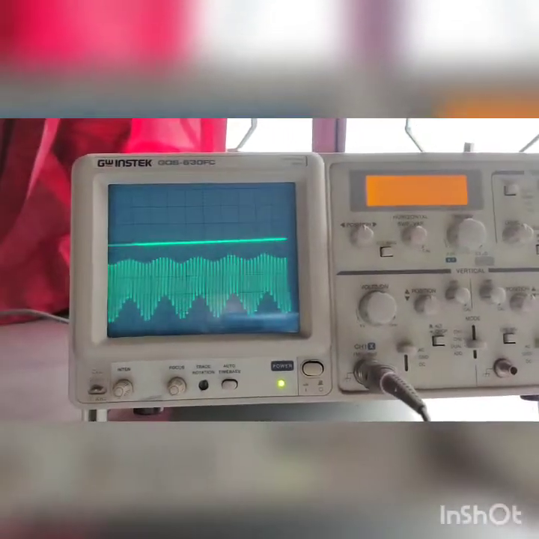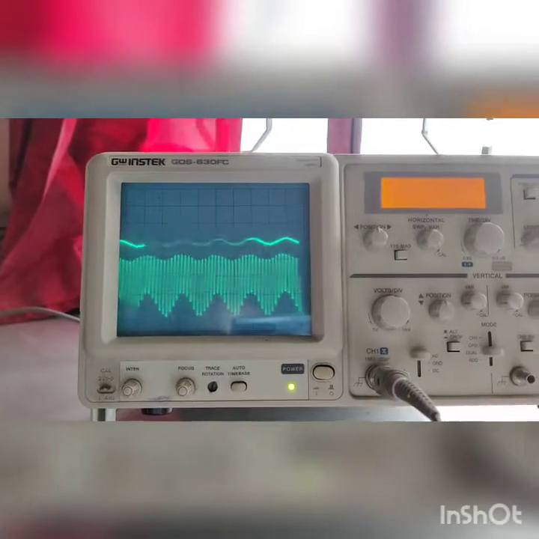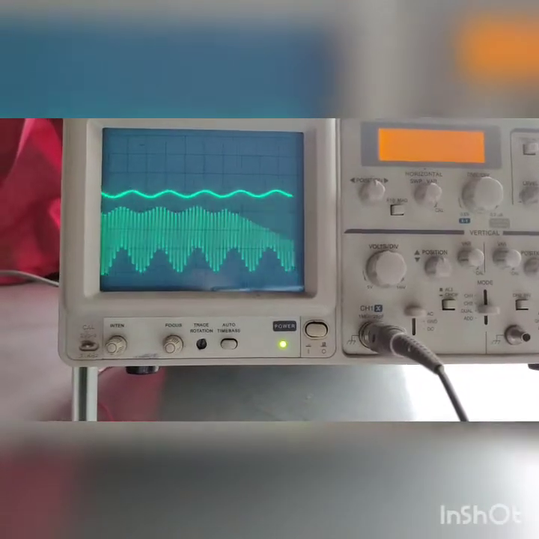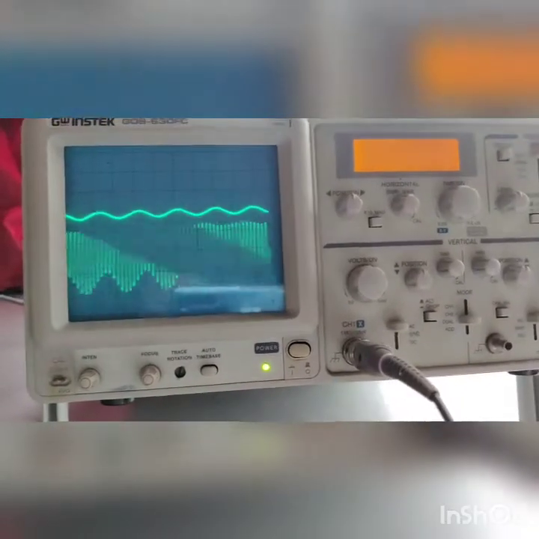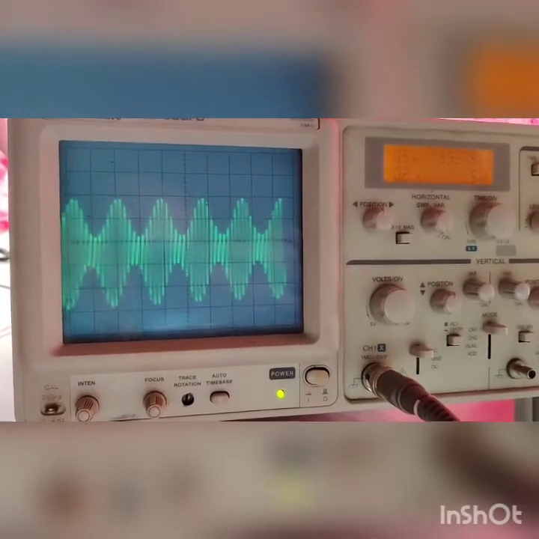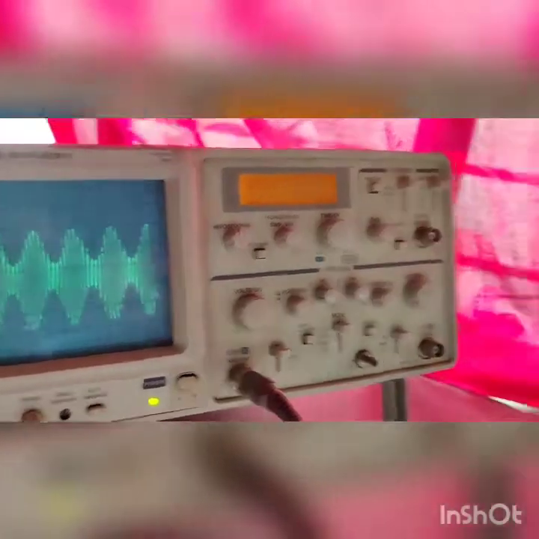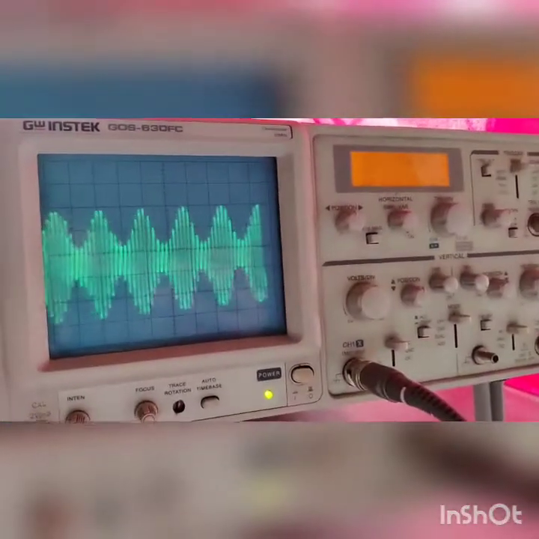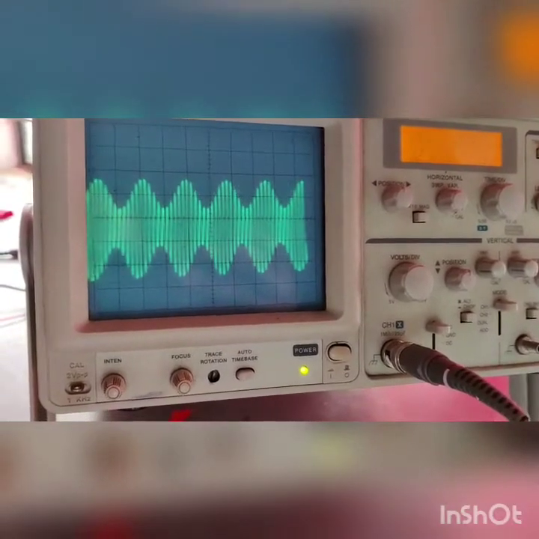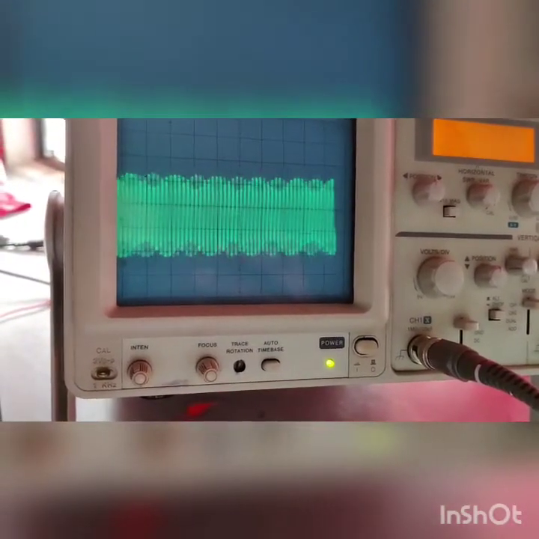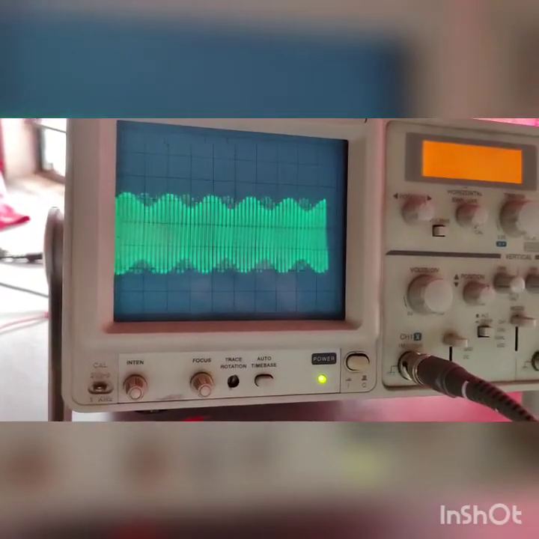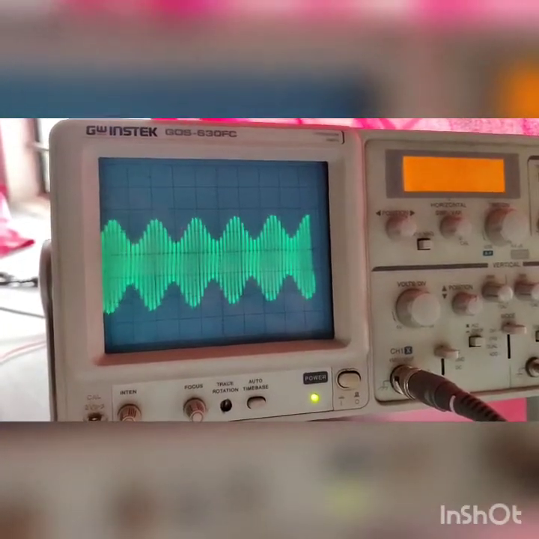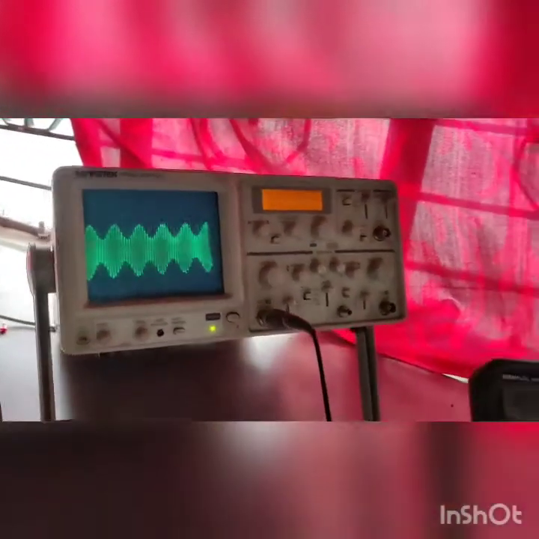If you observe the waveform of the message signal, here you can observe that the variation of the amplitude is in accordance with that of the message signal. So this is your amplitude modulated output. This is the output that we can see. If you observe, varying the message signal amplitude, you can observe the variation in the amplitude of the modulated signal. Can you see that? So again we are increasing the amplitude. So that means that the modulation of the carrier signal is completely dependent on the message signal.